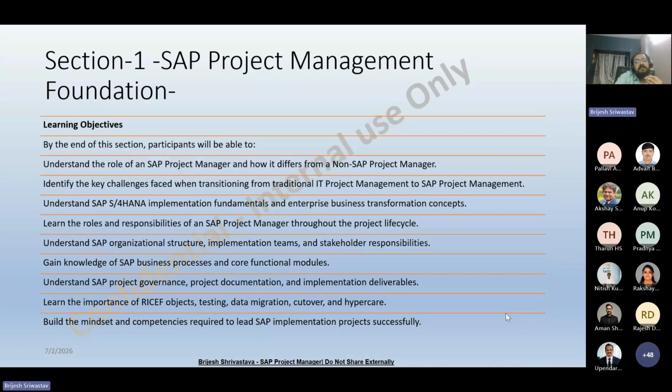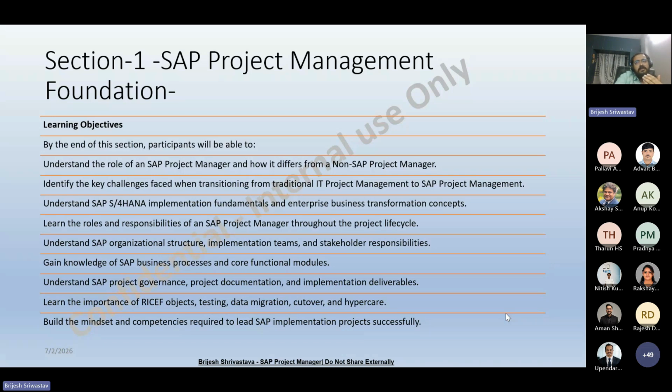So we will spend some time to understand SAP implementation concepts, the core business processes, and the major SAP functional areas, so everyone has a common understanding before moving forward. We will also cover some very important implementation activities such as governance, project documentation, testing, data migration, all those things.